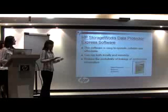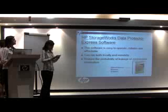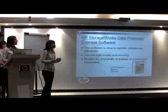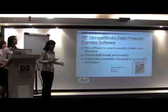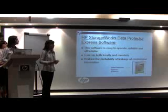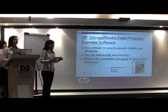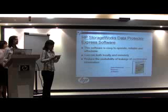So another problem that Mr. Kor faces is the accessibility of data at different sites. Due to his work requirement, he has to go off-site quite often to meet his clients or to monitor the work progress of the project. So they will not be able to access their data remotely due to the different operating systems at different